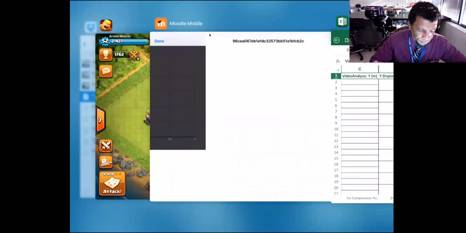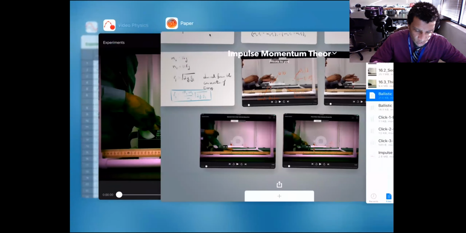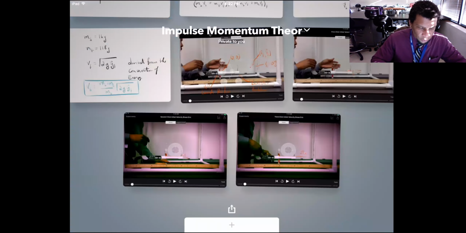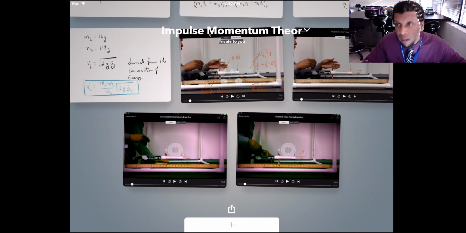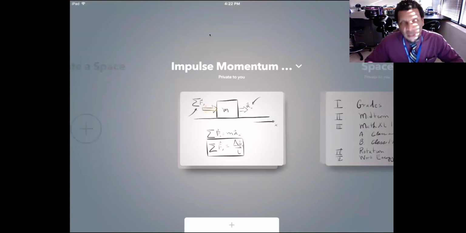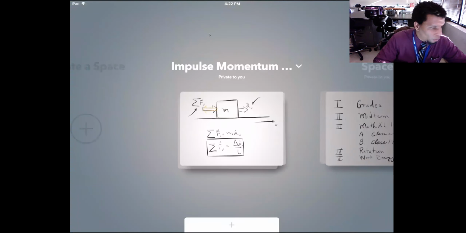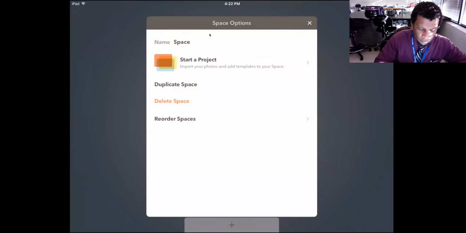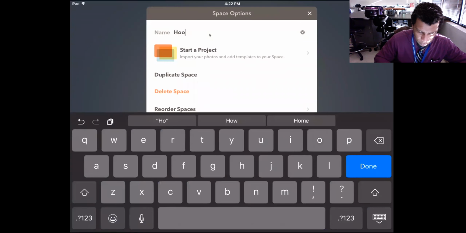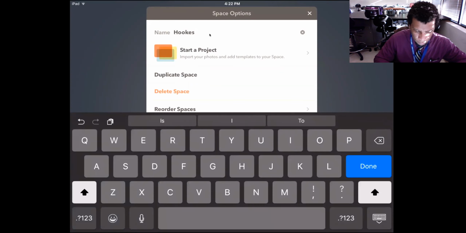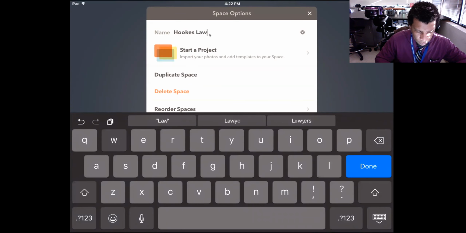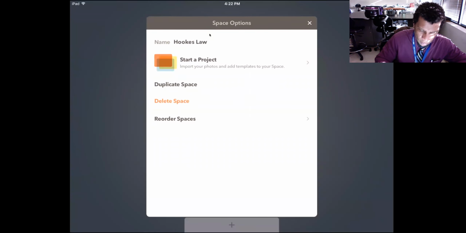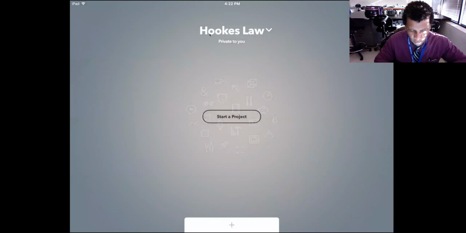So now that we have that, let's go ahead and build up some notes here real quick. I haven't had this open for a second. So there we go. I'm going to go ahead and create a space here, and let's call this Hooke. All righty. So now that we have Hooke's Law,